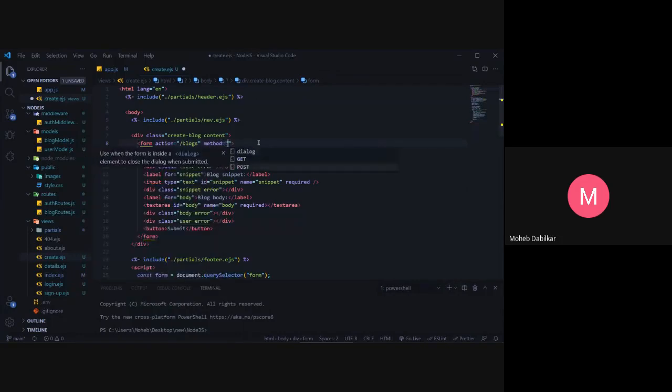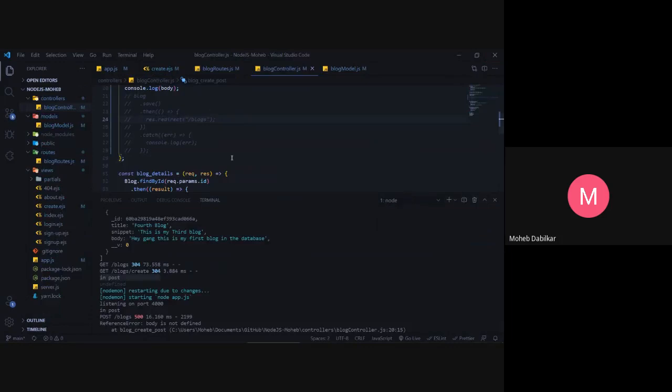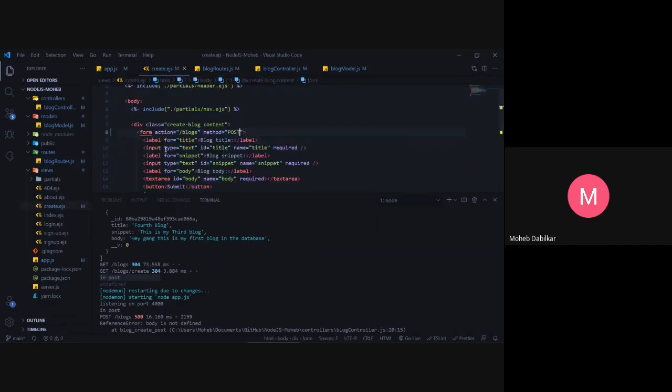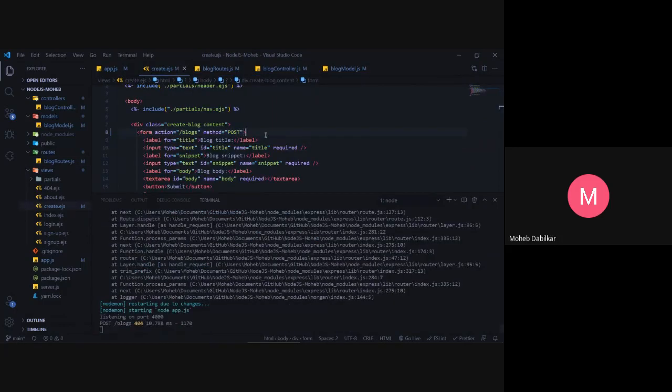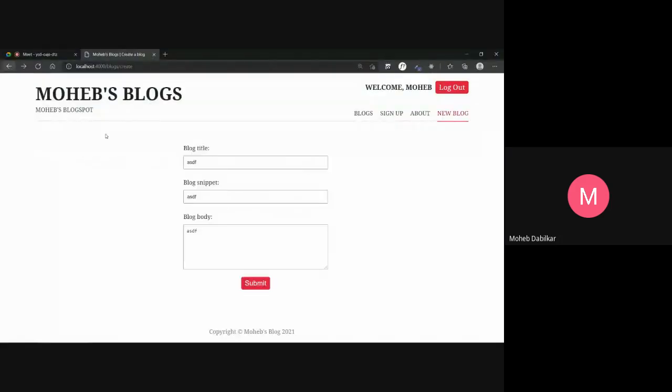Method equals to post. Please work. Chalo. Not you. Not you and not you. So you are like this. Let's just remove the method right now. Well, that will just be blog slash create. Chalo, so this should not... This should work now. Hopefully,